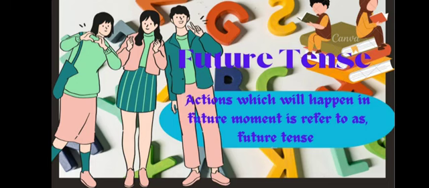If your current age is 15, then you will be 18 years old two years later. So when you are going to be an adult, 18 years old, it is in the future, not in the past, not in the present. My dear students, now next